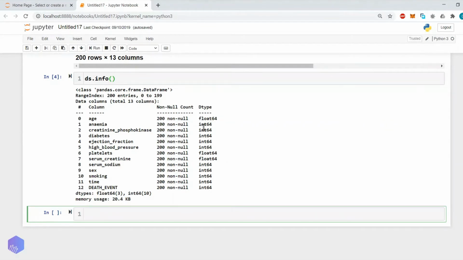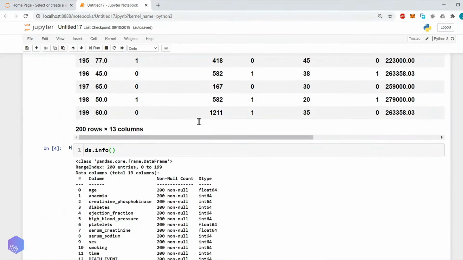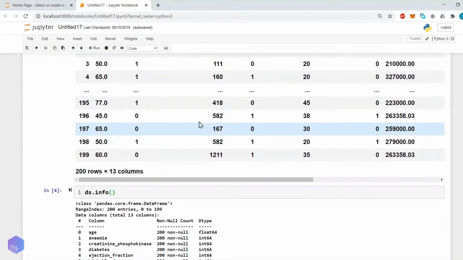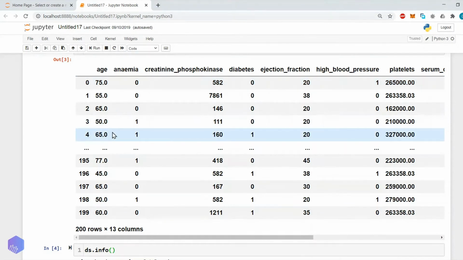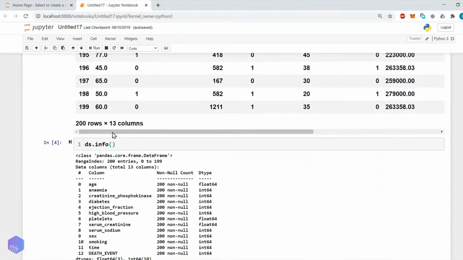Now here I would like to tell you that it may not always be required to use float64. Let's say if we take age, then age is never going to exceed 80 or 90, or say 120, or at max it may go up to 200, and it will always be positive. So there is no need for a float data type like float64. We can convert this into integer.